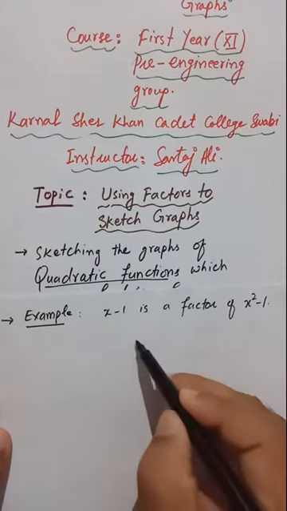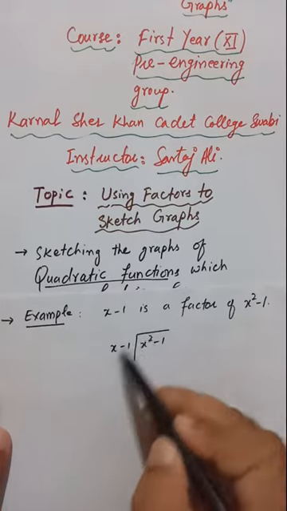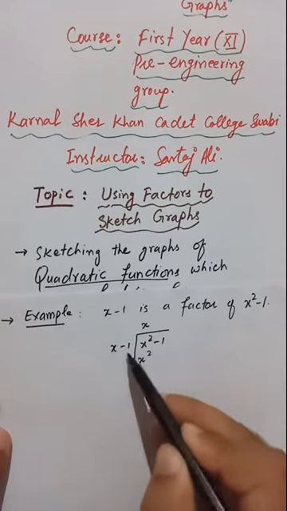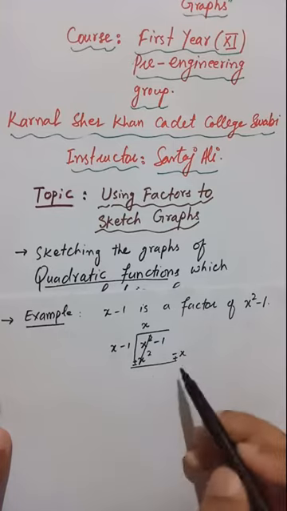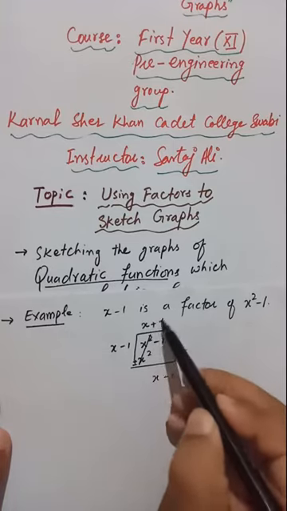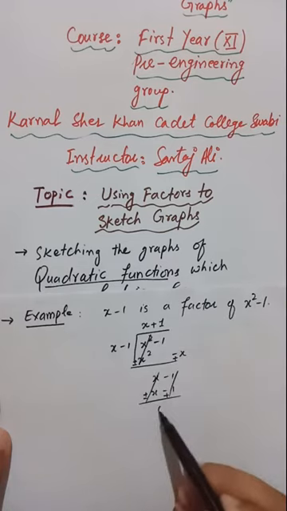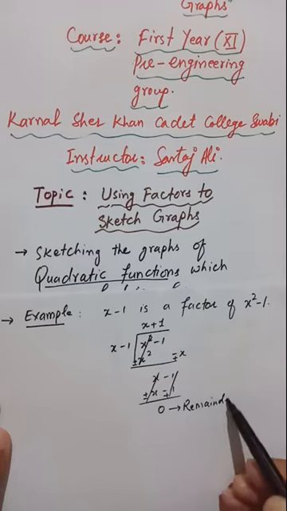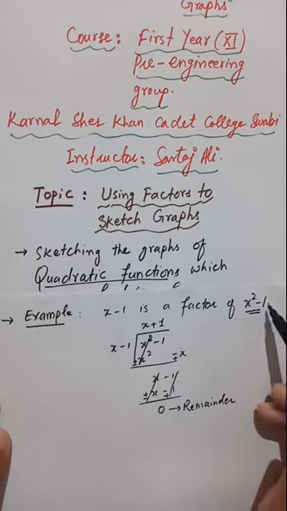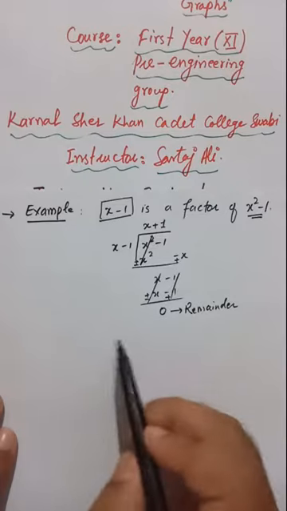So if you see for verification, this is x square minus 1, this is x minus 1. So when I multiply x, that becomes x square, then minus x plus x, that becomes plus, so this will be cancelled. This is x minus 1, so plus 1. This is x minus 1, that becomes plus 1. This is plus. So this is 0. So you see that the remainder is 0. So when the remainder is 0, it means that this x square minus 1 is completely divisible by x minus 1. So therefore x minus 1 is a factor of x square minus 1.